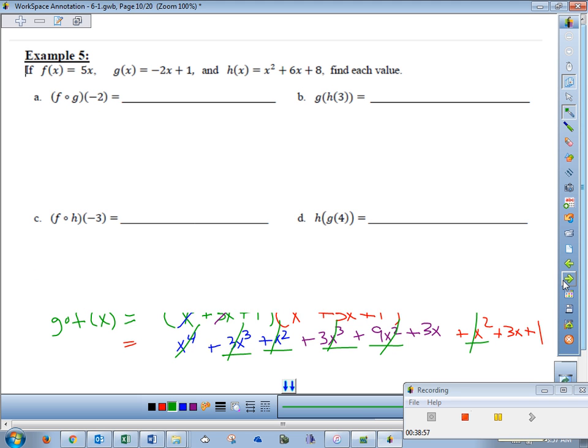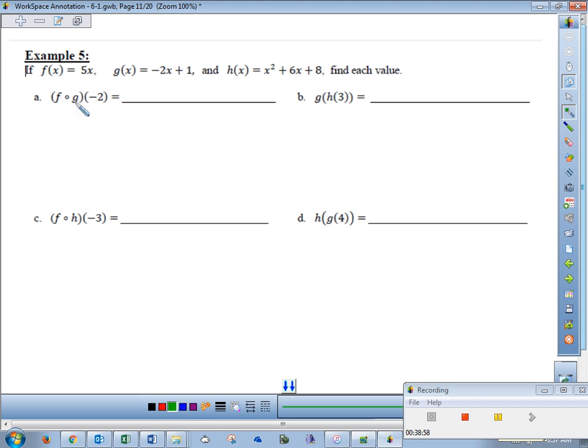Next, still a composition, f of g, but this is not an x. It's of a negative 2, right? So that means, like if I just asked you to find g of negative 2, don't you take negative 2, put it in for x, into the g function. So I've got to put negative 2 into one of these guys. Who do you think it goes into? Should it go into f, or should it go into g if f followed g? Who went first? G. First thing you do is find g of negative 2, baby, and you will write it